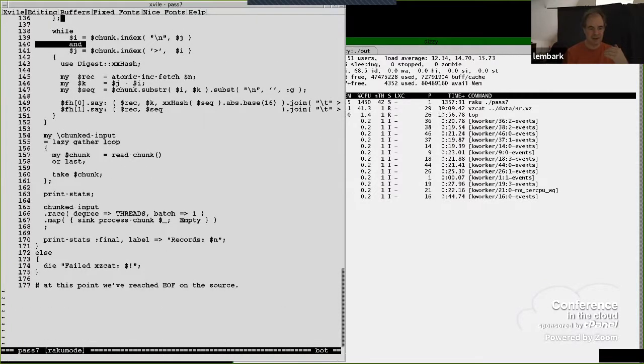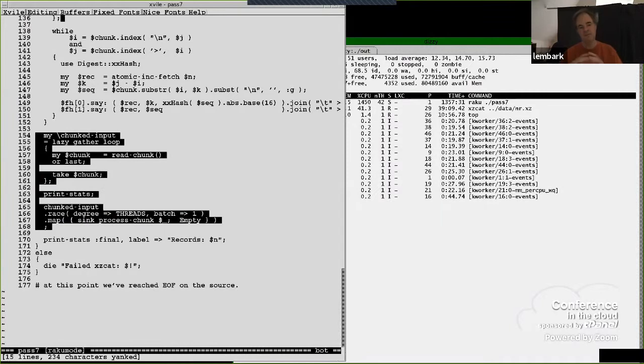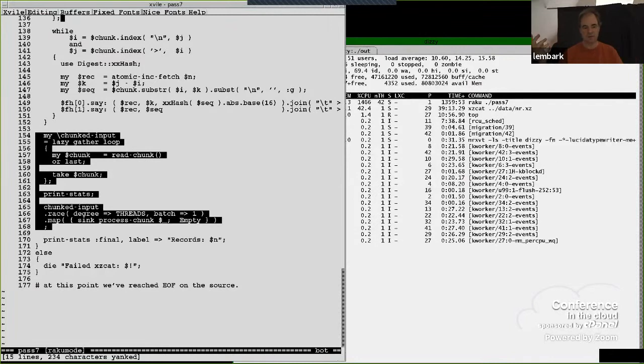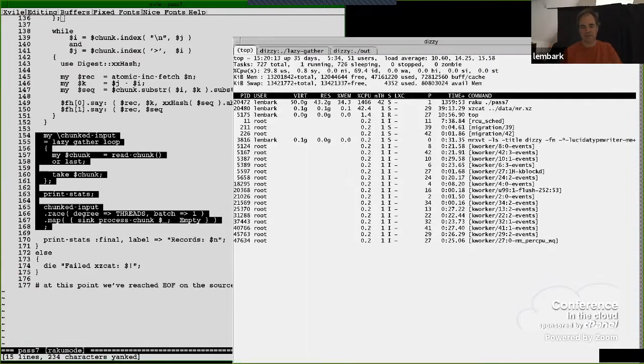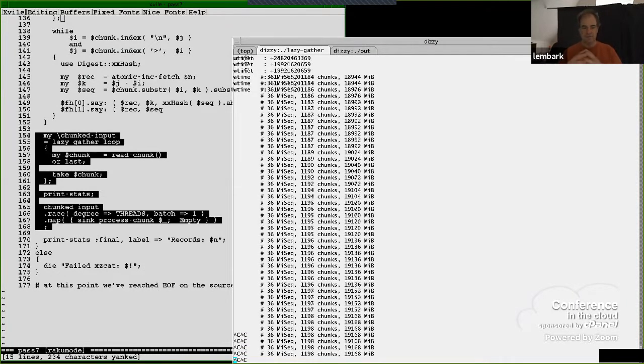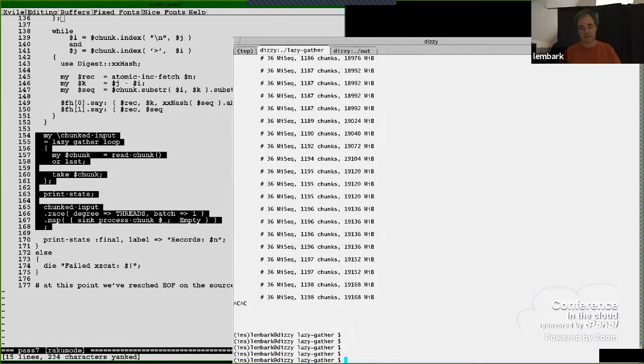Here is the entire code to parallelize everything above this. It's a lazy gather and race with a map. When it actually runs, it takes a while to shut down. I've been running this for a while now. It takes a while to shut down because there are enough threads that have to be tied up. But